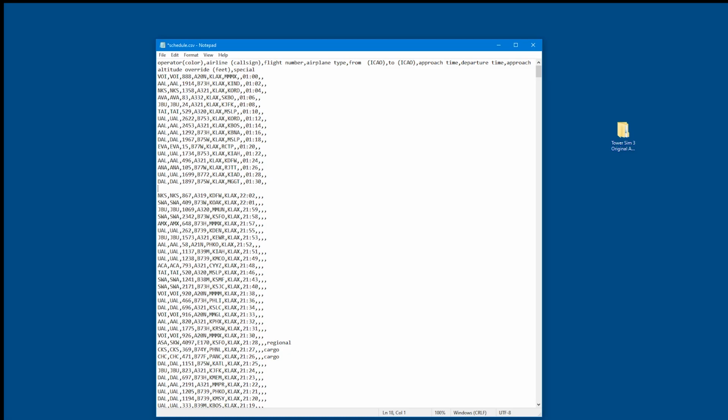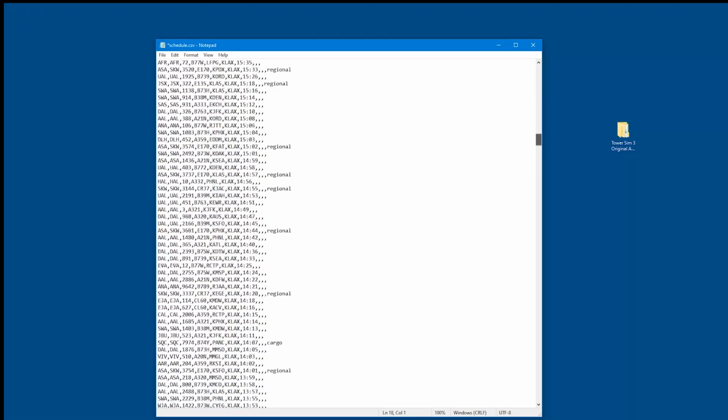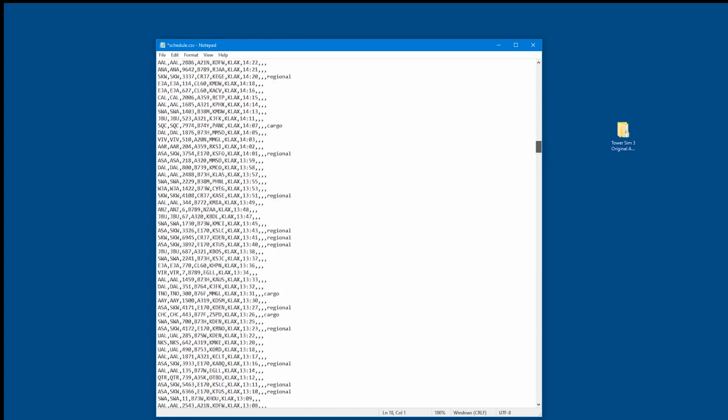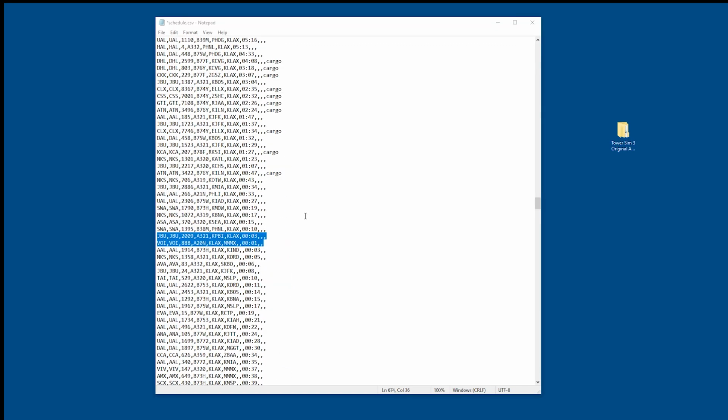There are differences between arrivals and departures. If you do decide that you want to change things inside of here, that you just want to go and say, I'll just change the time here, and I'll just change something here, something that you need to look out for very, very importantly is the commas in